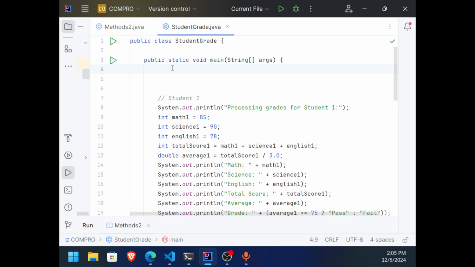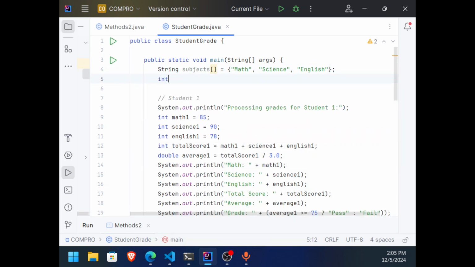So I'm going to declare here a string subjects. You can place the square bracket there or beside the string. No problem with that. And I'm going to initialize it with this value: math, science, English. Okay? Do not forget array.